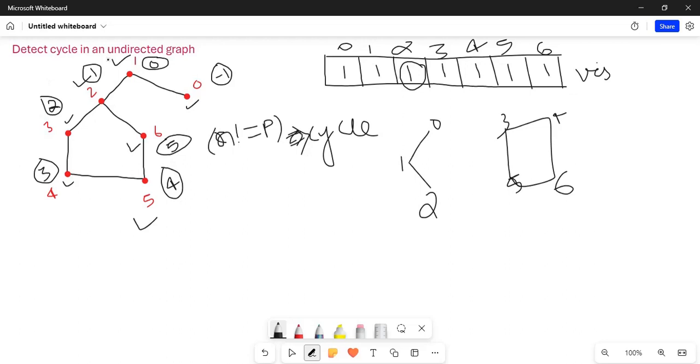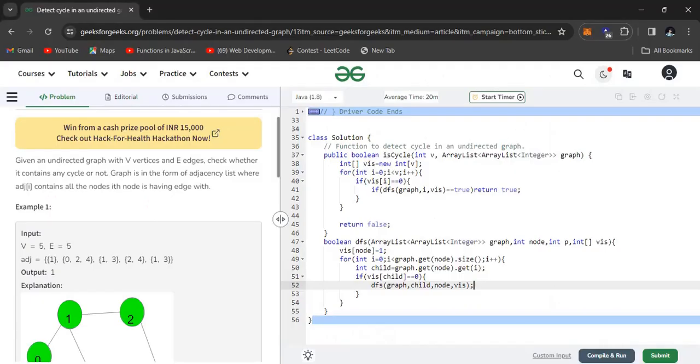If there is a cycle present, then you must return, okay. That means this node calls all its children, and if this DFS call returns true, that means we have found a cycle.